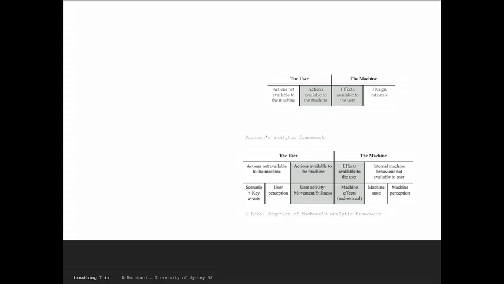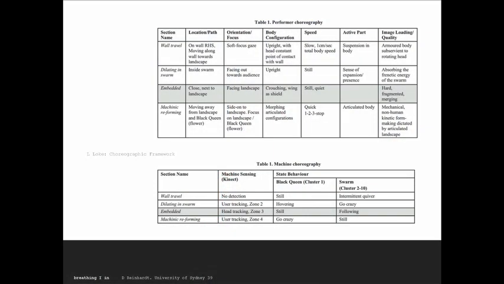There are actions available to the machine. There are effects available to the user. And then there is the machine doing whatever it does. Yeah? So there's a possibility of tracing back in a shaping of that interface of prompts that work through and